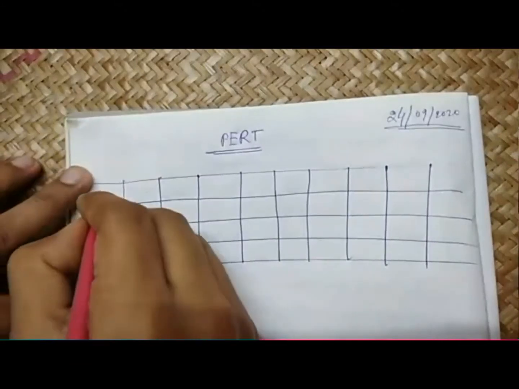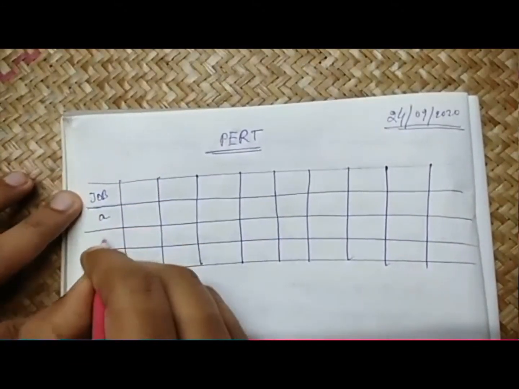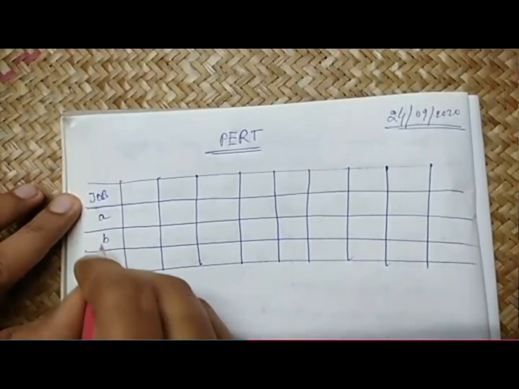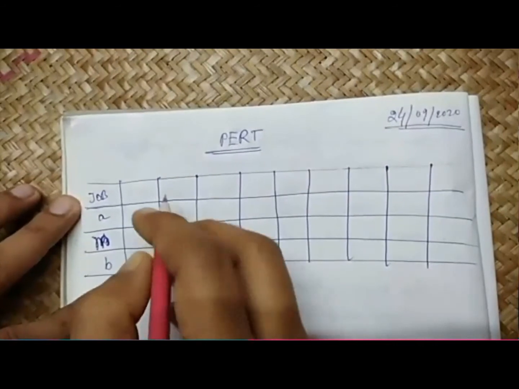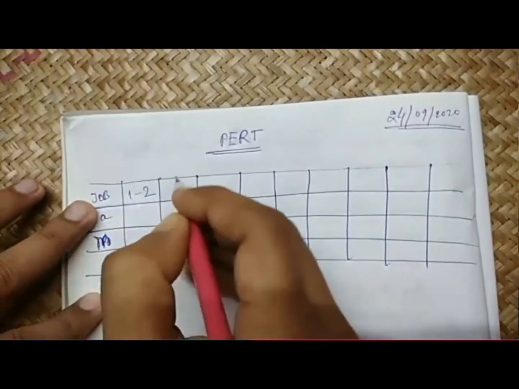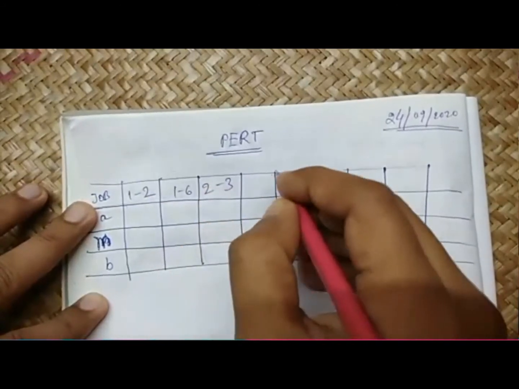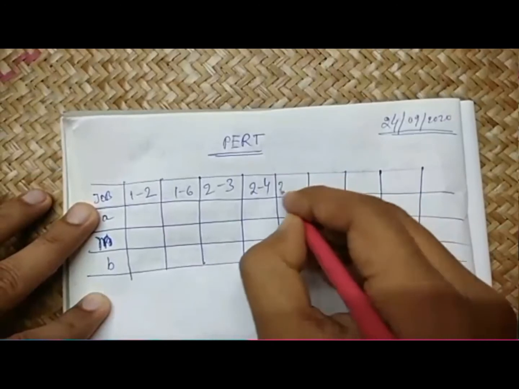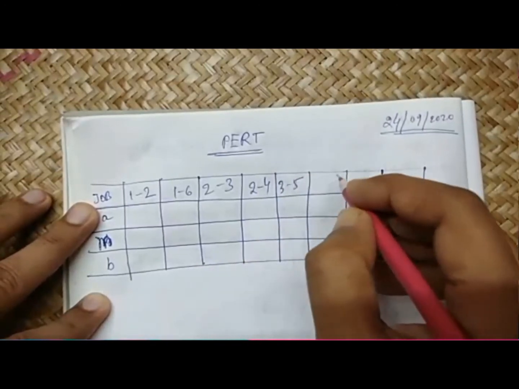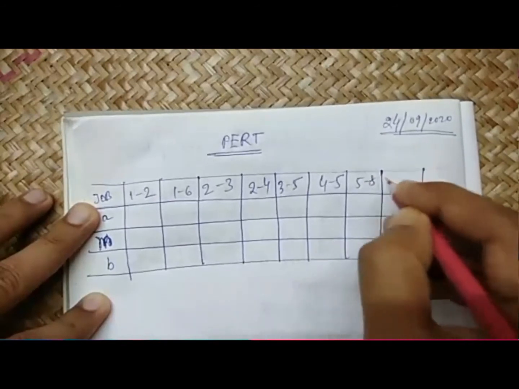So these are the job names. Here A will be the optimistic time, M the most likely time, and B the pessimistic time. The jobs are 1-2, 1-6, 2-3, 2-4, 3-5, 4-5,